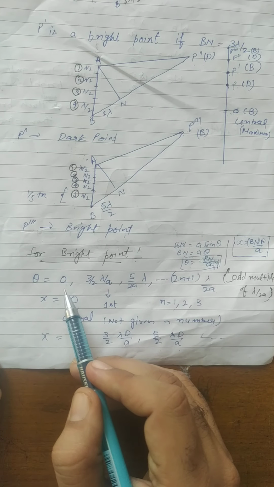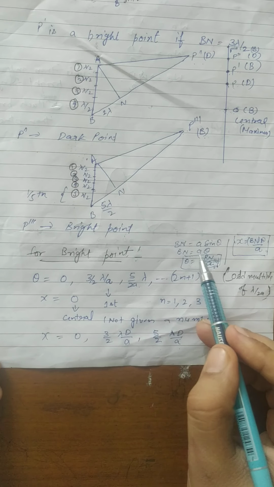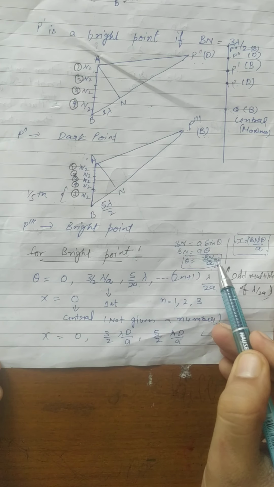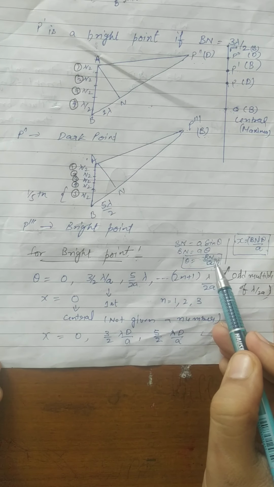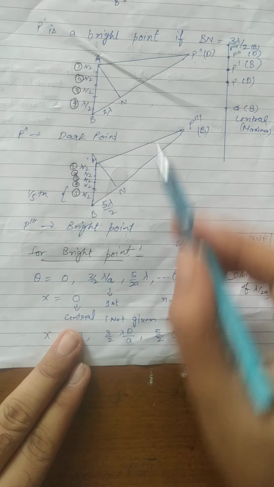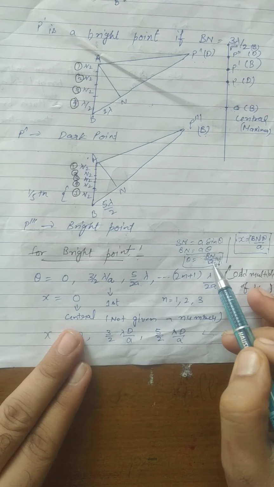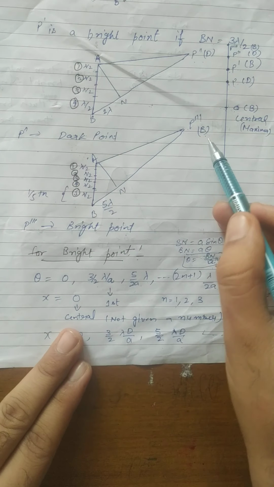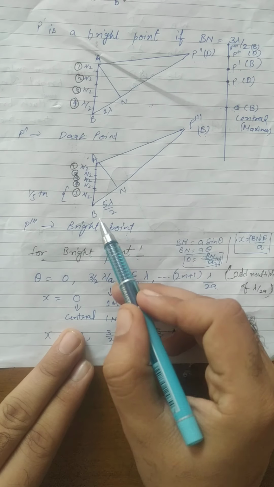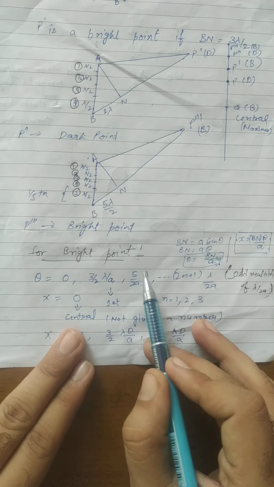At the next point, we use this formula: bn is equal to a sin theta. When the angle is small, bn is equal to a theta, or theta is equal to bn by a. We put the value of bn for each case. Firstly we are finding the bright point, so we put the value of bn, that is here 3 lambda by 2, so we get the theta. And next the brightest point is this one, so we put the value of bn, that is 5 lambda by 2, so we get the theta here.